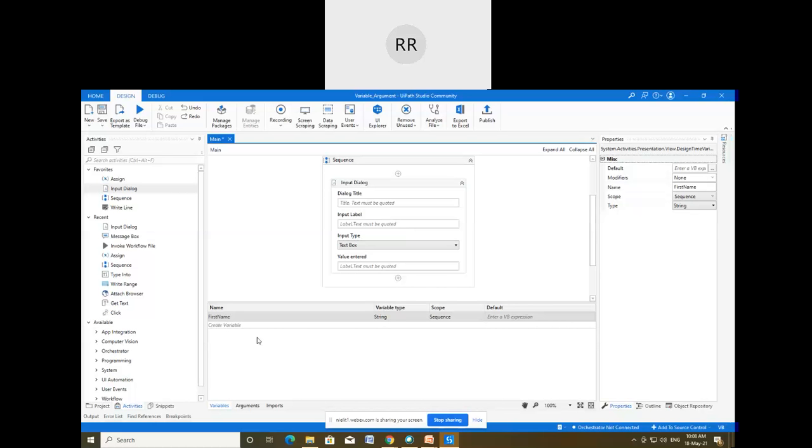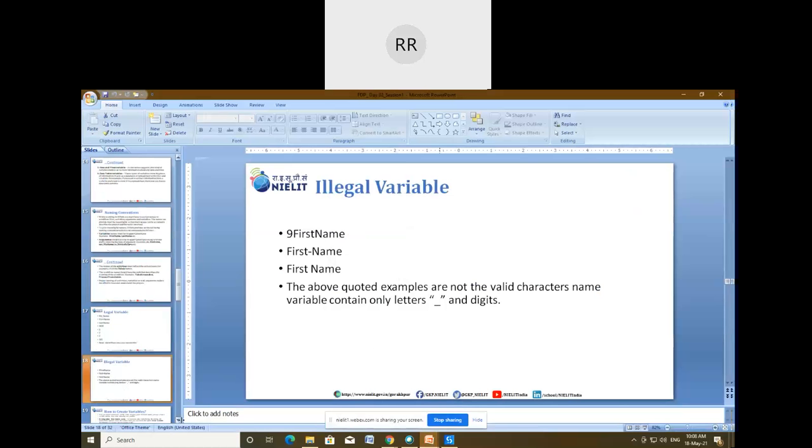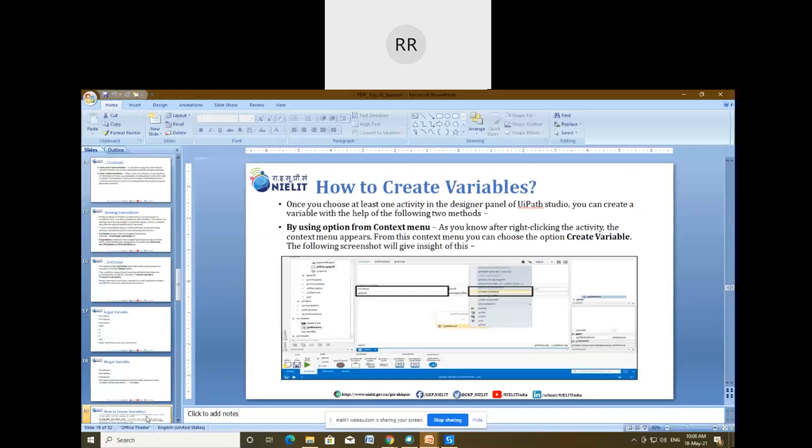So this is about the variable type and naming convention in all these panels. Moving to the next topic, how we can create a variable. For the creation of the variable, we have to choose at least one activity, which I've already discussed. Without choosing the activity, we cannot create the variable. That is logical also, because we create the variable just to store the data, and if we do not have any activity, that simply means that we are not working on anything. So there is no need of storing the data. So we have to choose one activity.